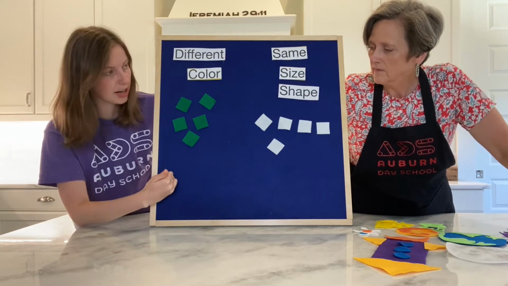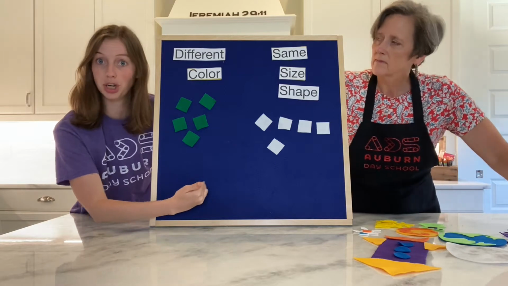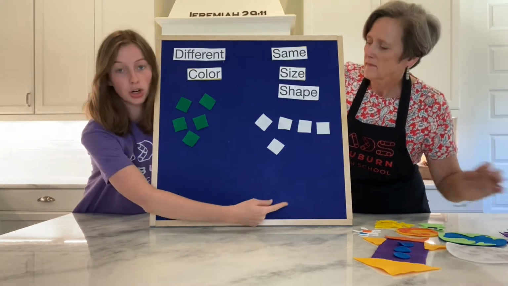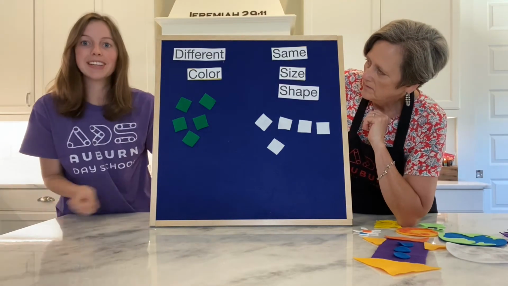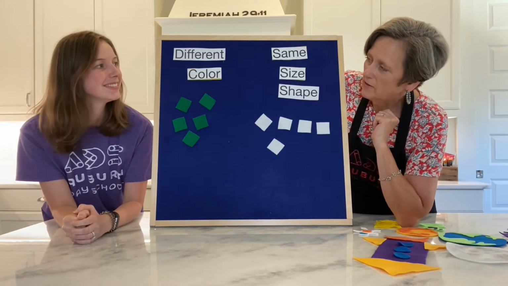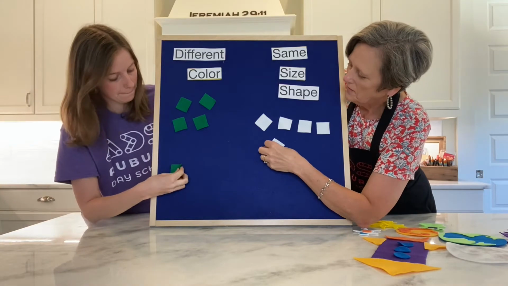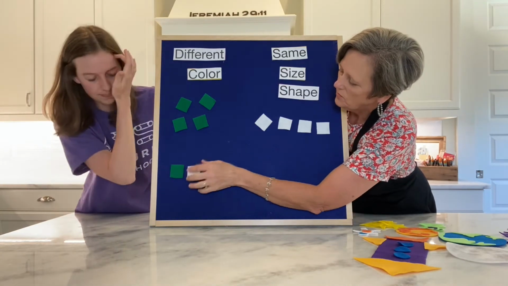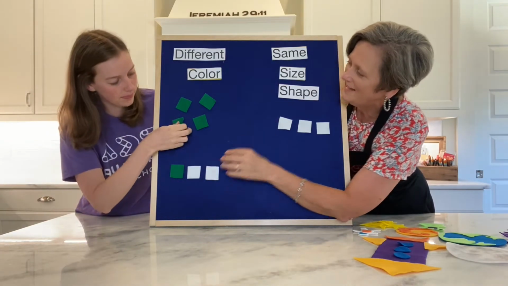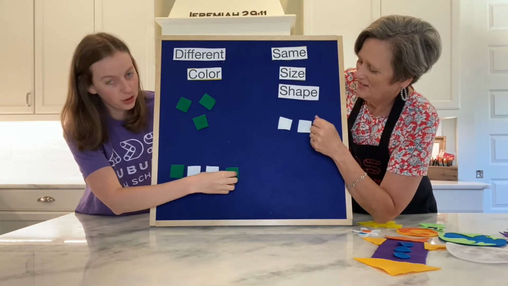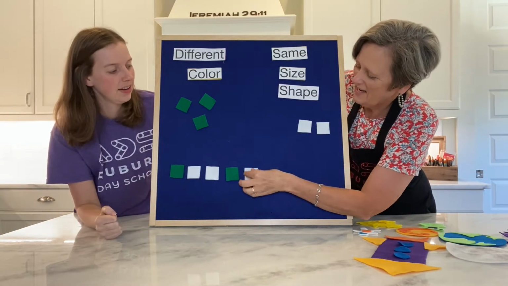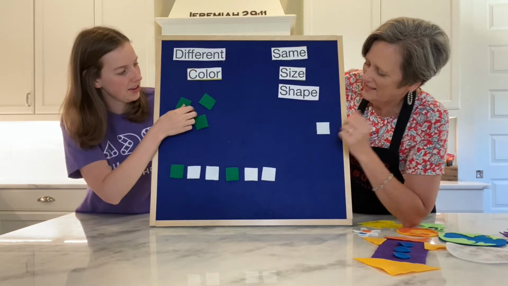When we had our pattern down here, we had green, white, and then green, white again. Green, white, and it repeats over and over. Do you know I can make a different pattern with that? Okay, let's try it. Start with green. And then let's do white, white. Then repeat: green, white, white, green,